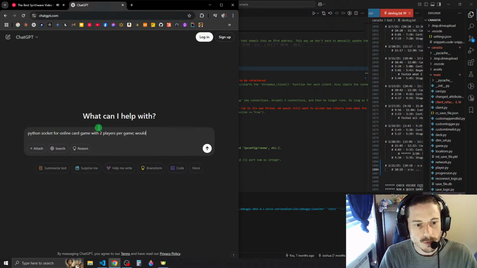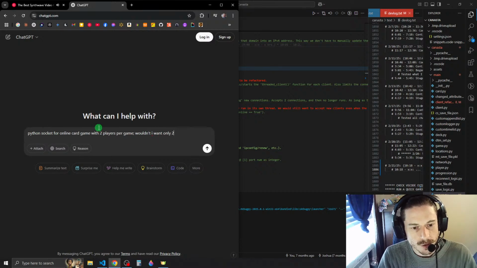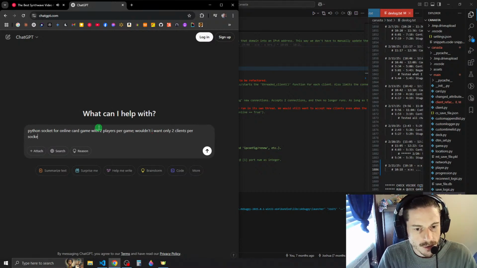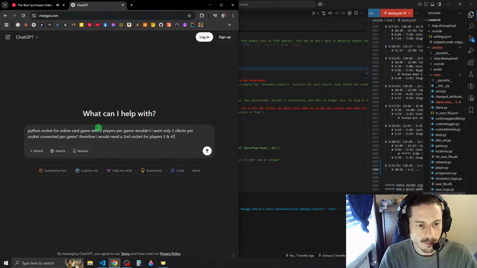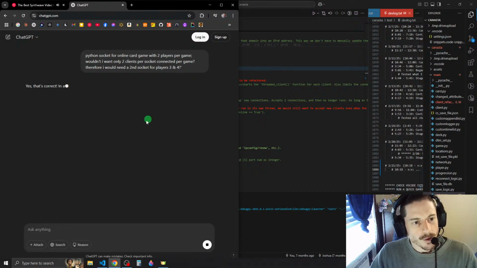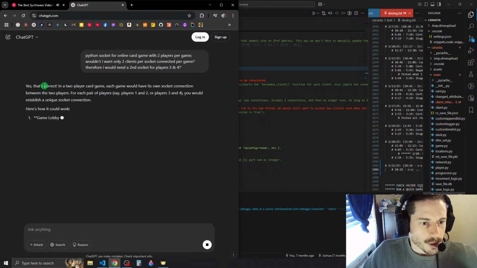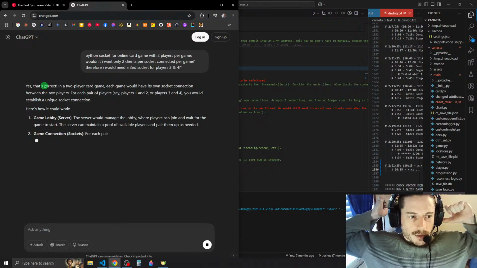Wouldn't I want only a second socket? 4 players, 3 and 4. Yes, that's correct. In a 2-player card game, each game would have its own socket connection between the 2